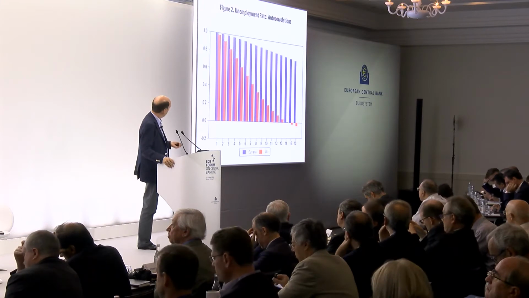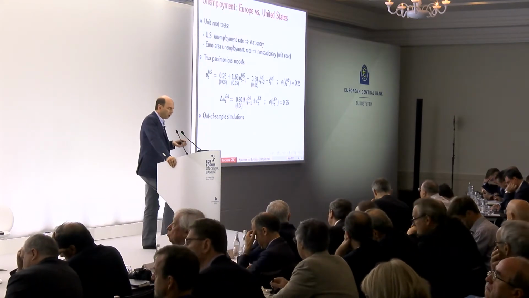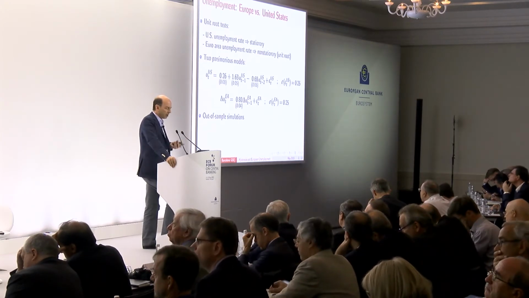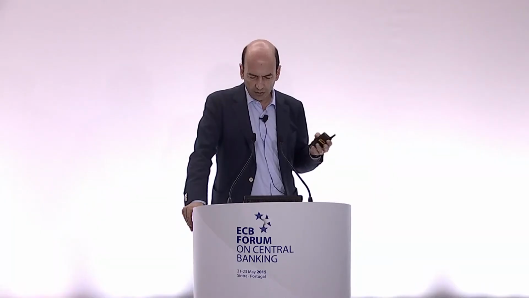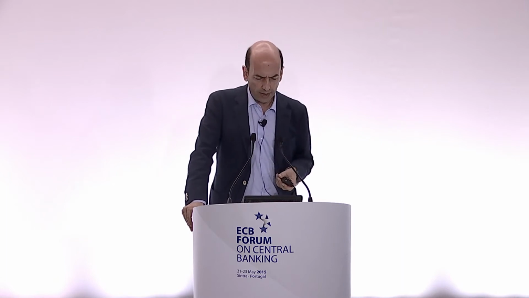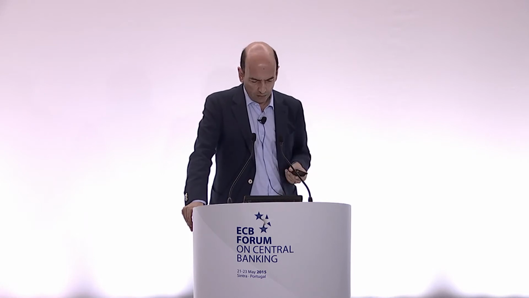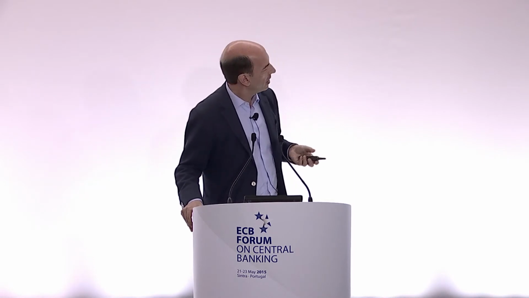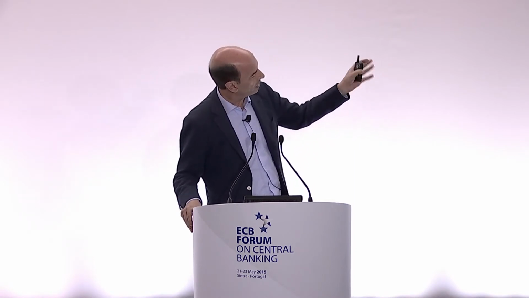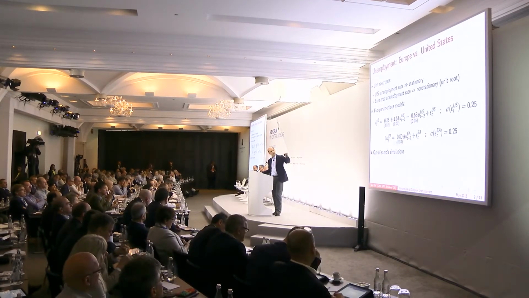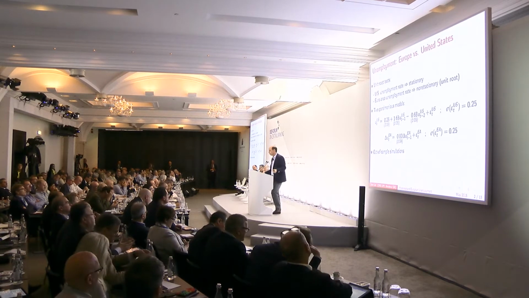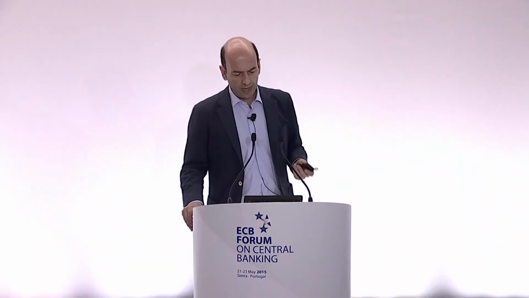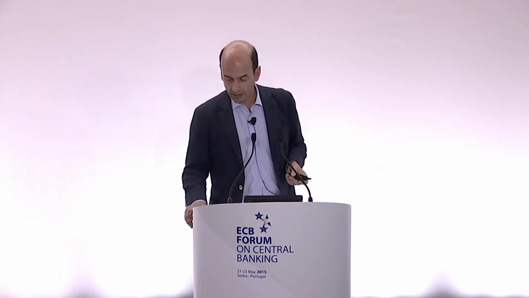Again, very much consistent with this characterization I mentioned earlier. In fact, if you perform some formal unit root tests, you conclude that the US unemployment rate is stationary in the sense that you can reject a unit root for that variable, whereas you cannot reject it in the case of the euro area. If you try to fit, using the conventional Box-Jenkins approach, the univariate models that fit the two series best, you get the following models, again, for the sample period I mentioned earlier, 1970-2014, using quarterly data. For the US, it's a simple AR2 process. For the euro area, it's an AR1 process for the first difference in the unemployment rate,